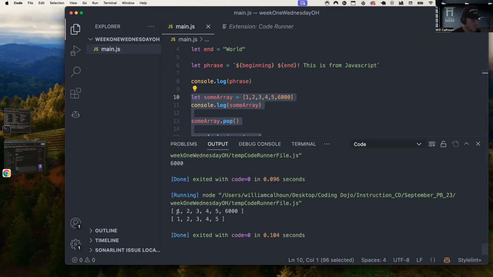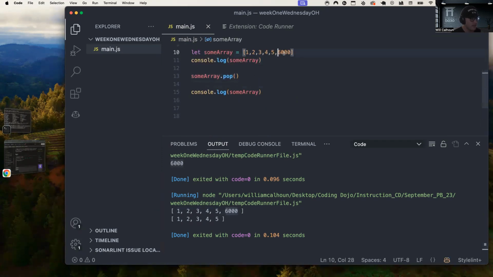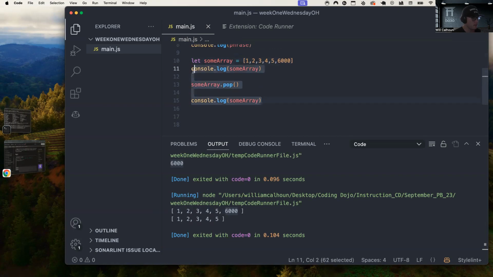Here we see that we get, here's the first one, first console log. I ran dot pop and then it got rid of this 6,000. What pop will do is it gets rid of the last element within an array. Pop gets rid of the last element in the array and it actually returns the last element. It returns the element that it pops. Not really important, but if I were to console log even this, it would give me the number 6,000. On the other hand, if I wanted to do something like this, let me just